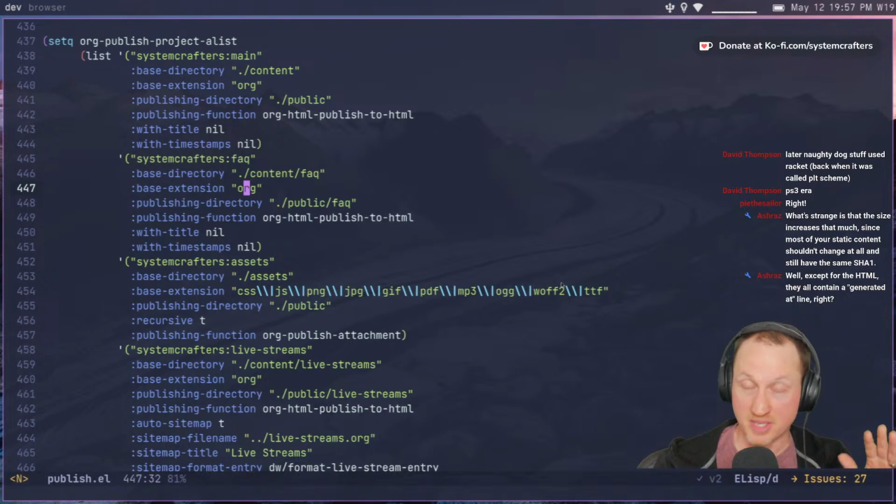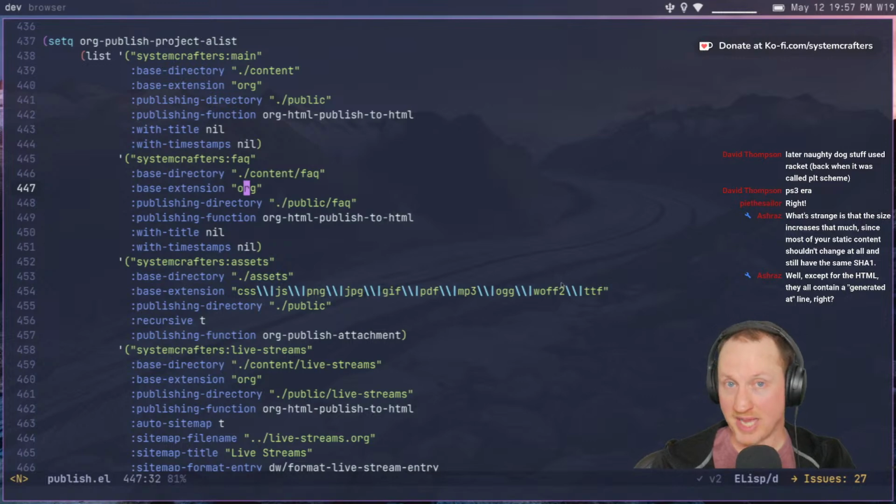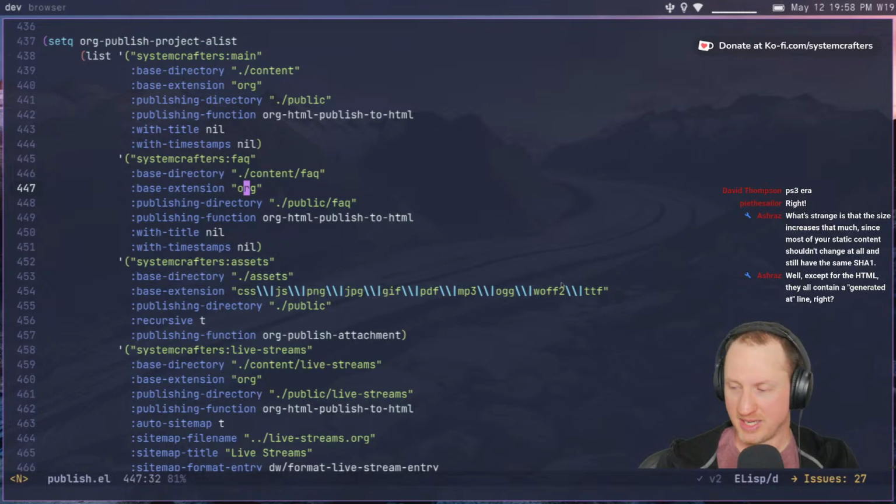The only other thing I would consider using is Dave Thompson's Haunt for Guile Scheme. The reason why I don't use that is because it doesn't support org files out of the box. However, Haunt is great. I actually experimented with it a bit over Christmas, and I really like it. It's just that I need org files. So,